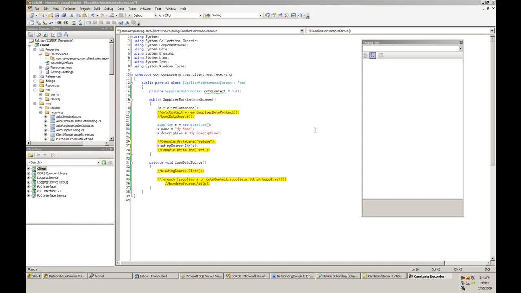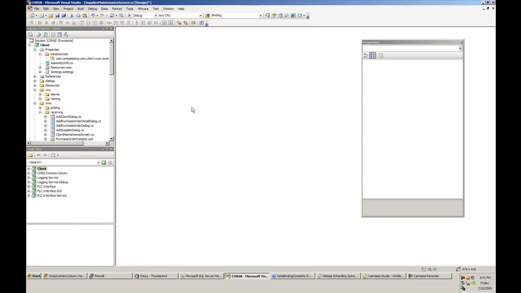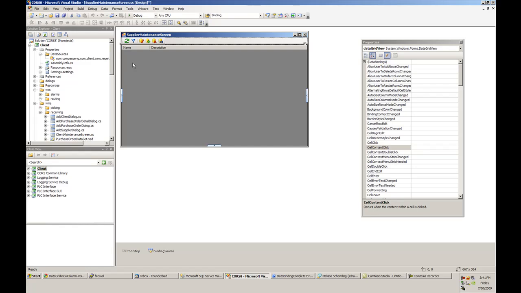I wanted to show a problem I've been working on today. Some unusual behavior by the data grid view. I'm going to show what I'm trying to do here. I'm going to go back to the designer here, and we have a very basic screen of the data grid